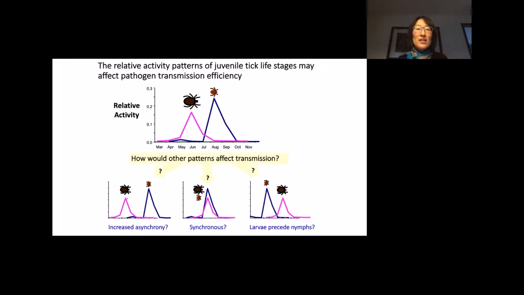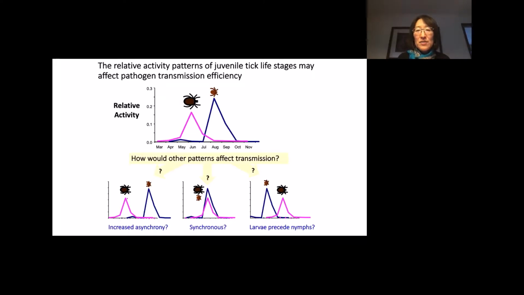So how would climate changes then affect this pattern over time? These are some options down below: you could have increased asynchrony, where you have the nymphs spaced out a lot from the larvae. You can have synchronous, or you can even have larvae preceding nymphs. Now, this is only important because most of the hosts that are good reservoirs for the Lyme disease bacterium, and I would say Anaplasma, Babesia, and such, are small mammals or small,